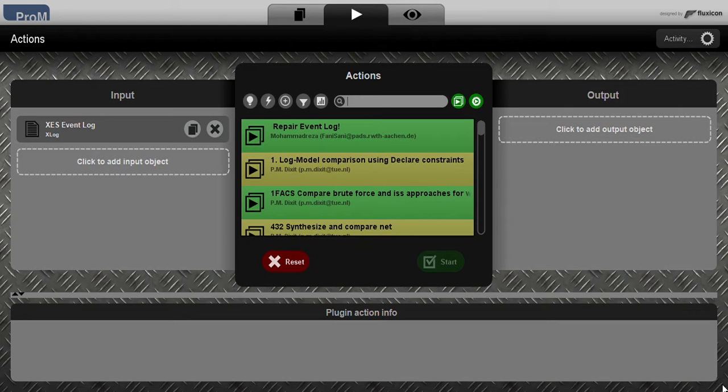Hello again. Now I will present to you the process discovery algorithms or plugins in ProM. I will start with the Alpha Miner algorithm, since this algorithm is the first process discovery plugin that was implemented by Wil van der Aalst. Okay, and